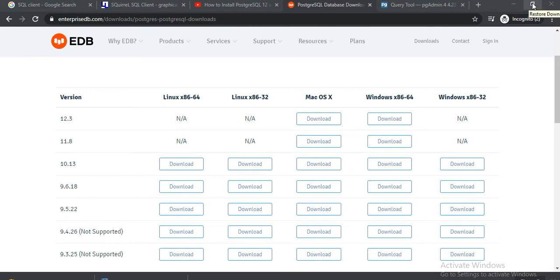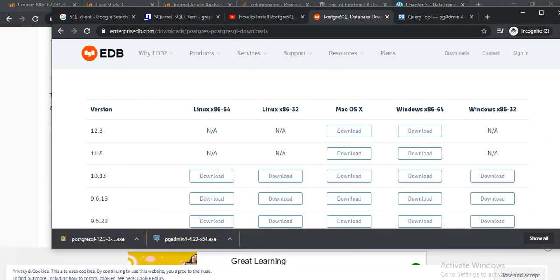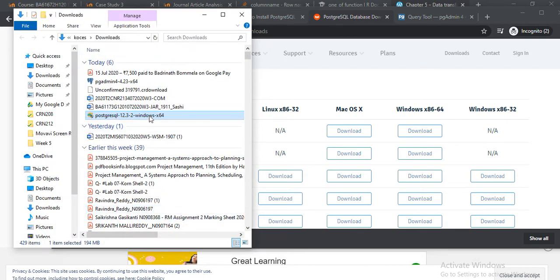It takes a few minutes to download, one or two minutes. Yes, it got downloaded. So here it is, the PostgreSQL installer. Let me open it and double click it.